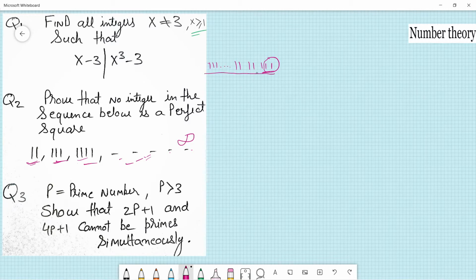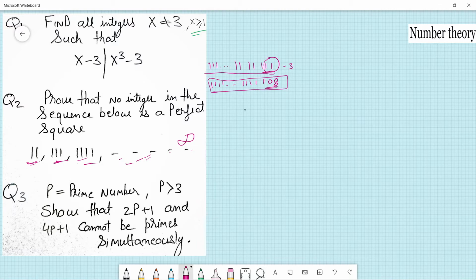But here, if I subtract 3, what will it become then? 1111...1. I don't know how many times 1, but the last two digits will become 0 and 8. This number will be divisible by 4 because the last two digits are divisible by 4. So therefore,